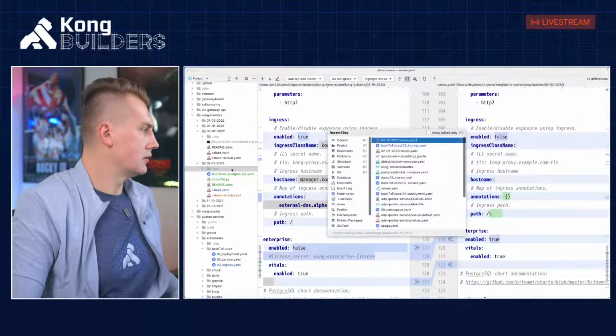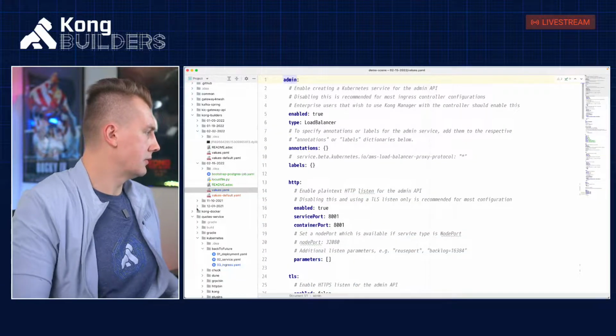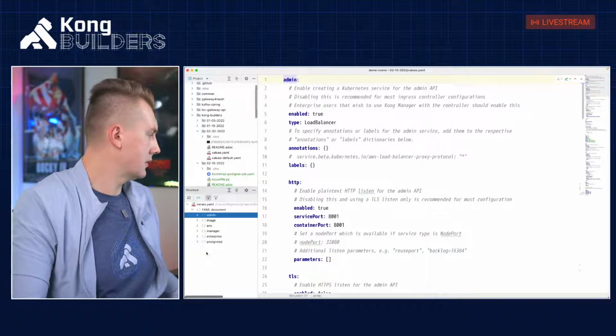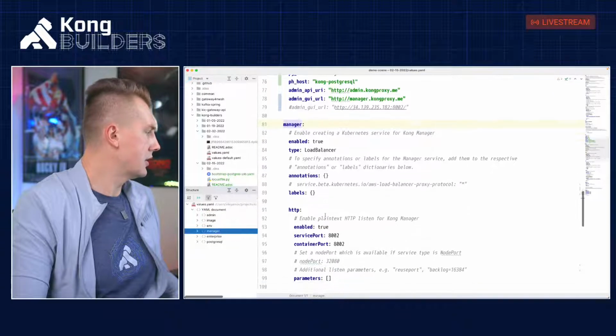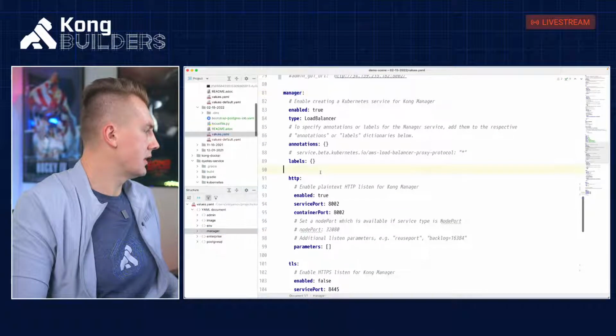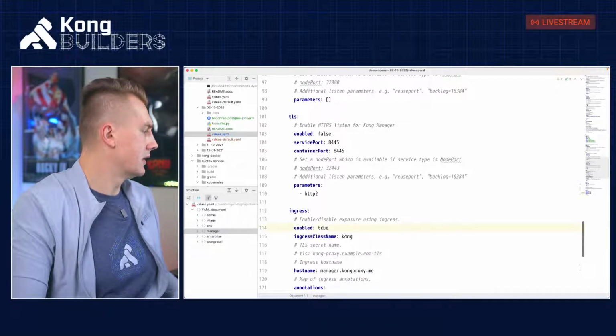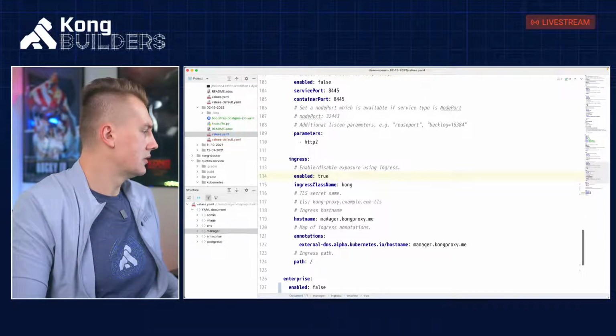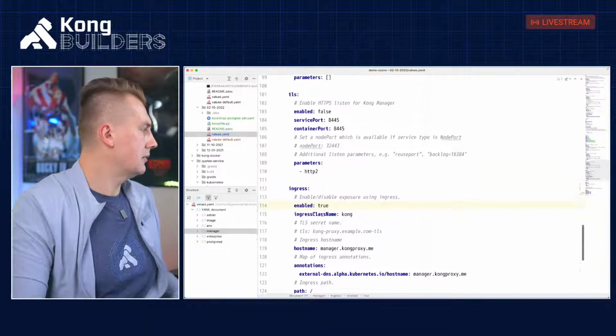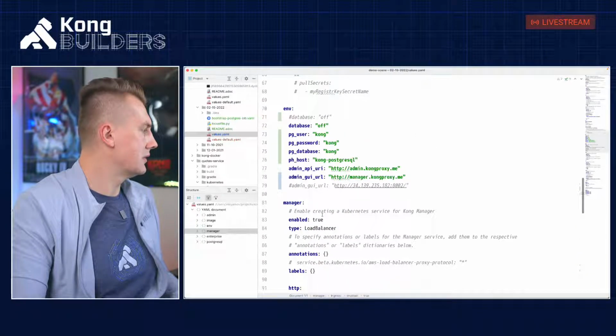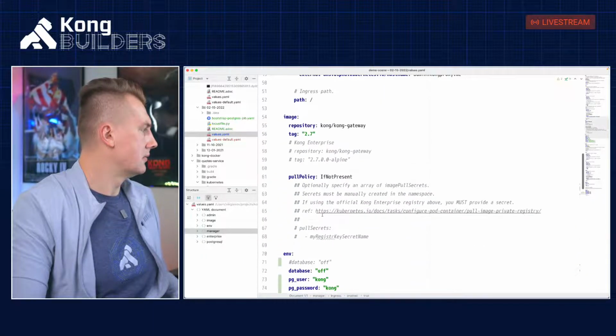So let's close it. We're going into this file, and where's my values file? We're going to Conk Manager, and let's make sure that we're doing everything right. So it is HTTP available, TLS available, ingress. Okay, it's enabled, true. We're providing host name. I believe I messed up something with indentation.